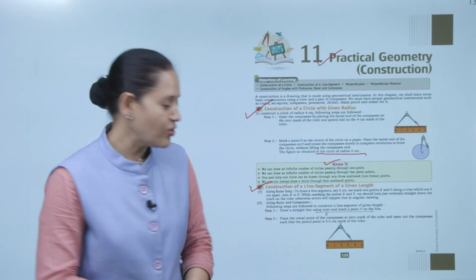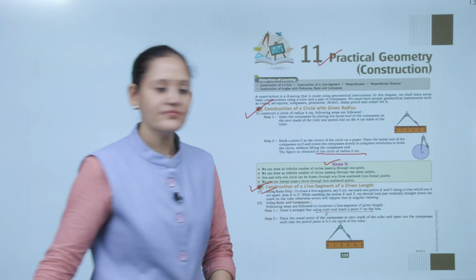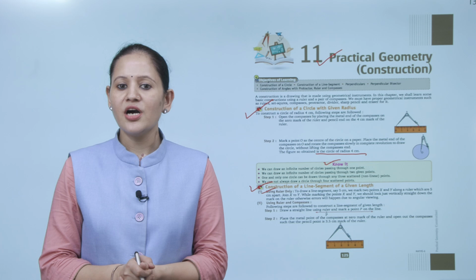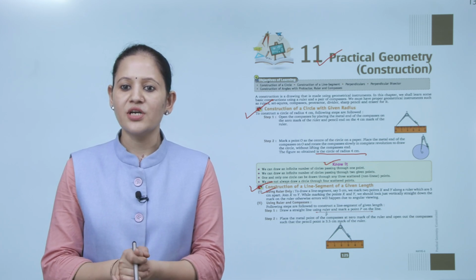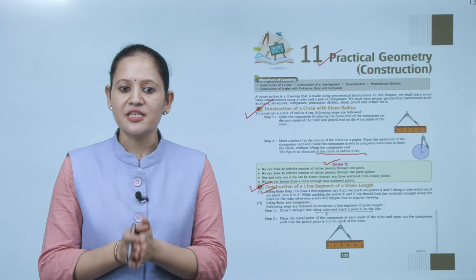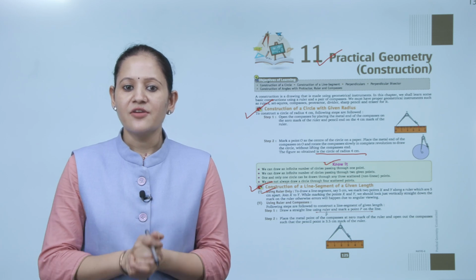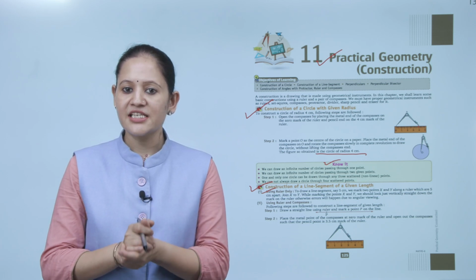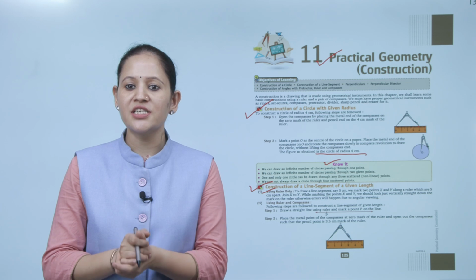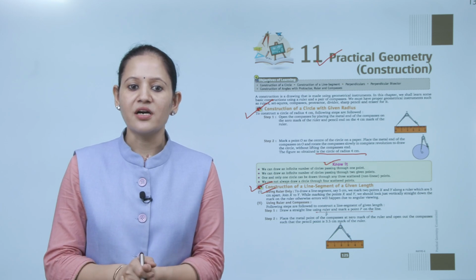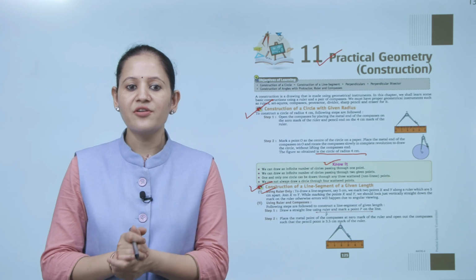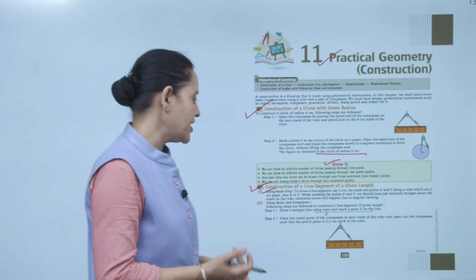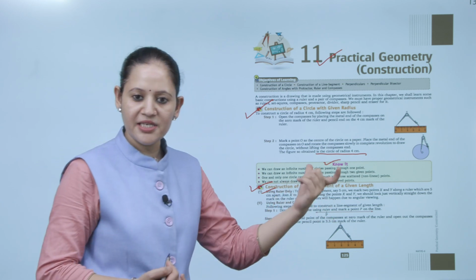First is using ruler only. To draw a line segment, say 5 cm, we mark 2 points X and Y along a ruler which are 5 cm apart. Join X and Y. While marking the points X and Y, we should look vertically straight down at the mark of the ruler, otherwise error will happen due to the angular viewing.